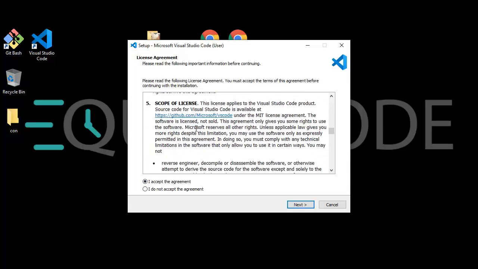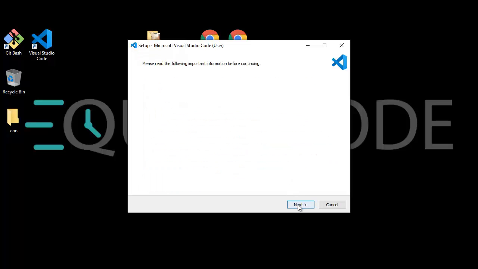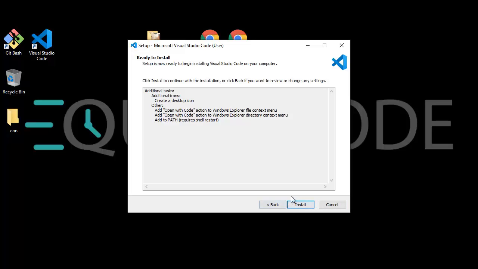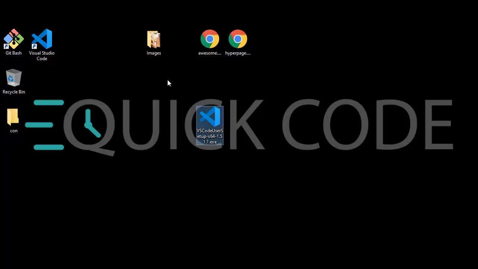If you want to read it, you can. Then there are options like create a desktop icon and register code. It's totally up to you, but I don't recommend clicking this checkbox. Then click on install and your Visual Studio will be installed. I have installed it already, so I'm not going to reinstall. After finishing your installation,